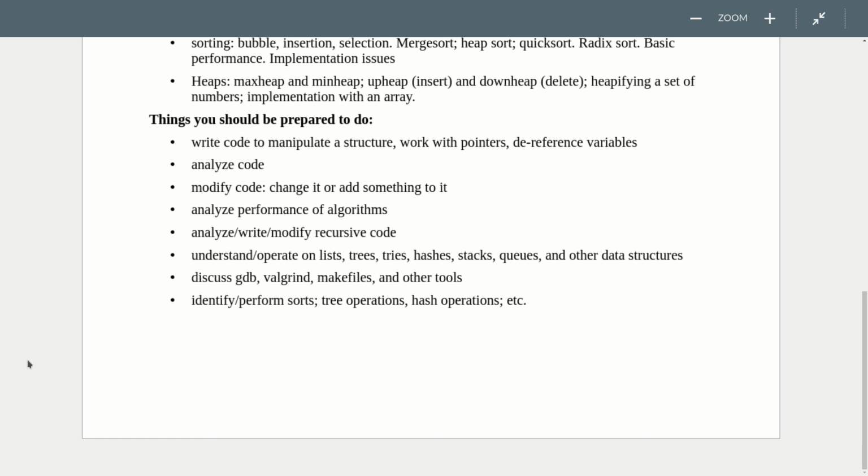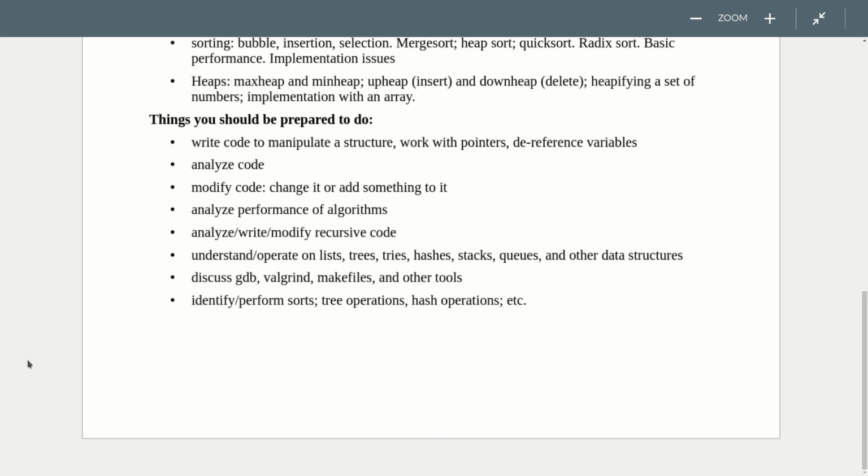Or I might give you some code and ask you to tweak it. So here's some code that does this, change it to do that. I don't really want you writing pages and pages and pages of code for this. Okay, that's time consuming on a timed exam, and it's not particularly illuminating. So short snippets will probably be the theme. It may only be 4 or 5 lines of code, but there'll likely be 4 or 5 lines of code you've never written before in this particular way. Okay, so you're going to actually be writing this stuff